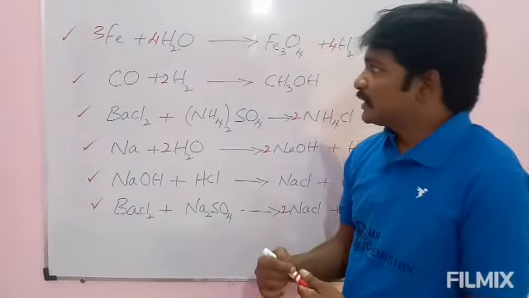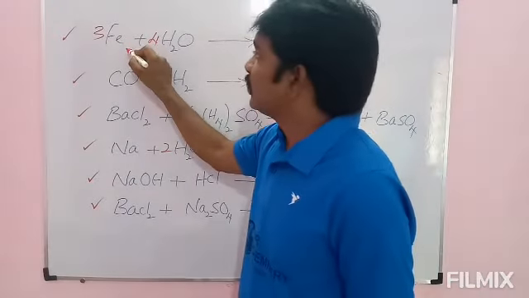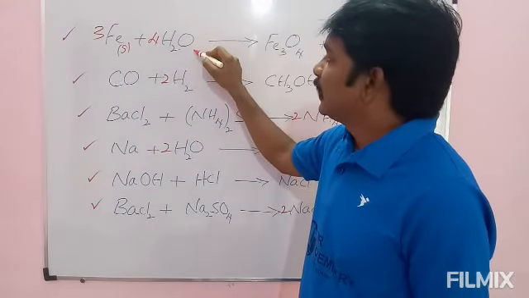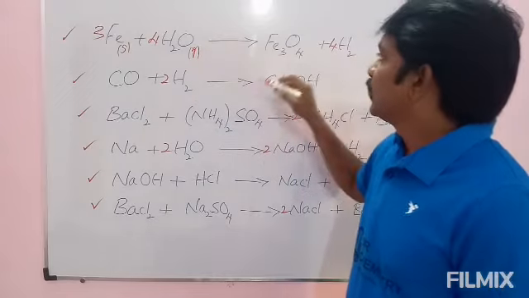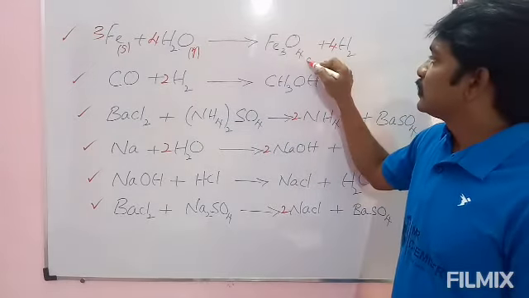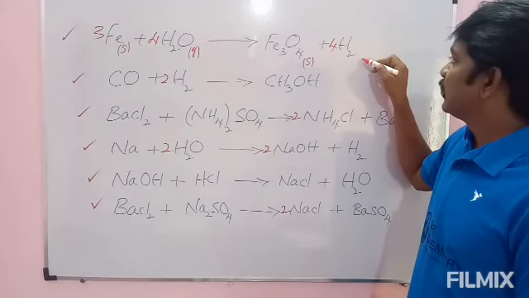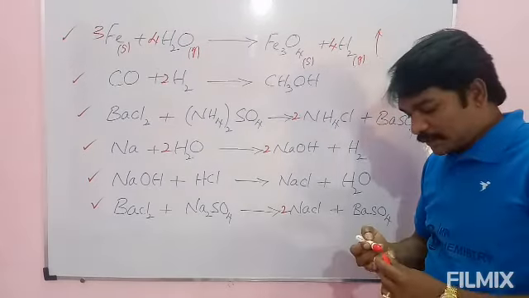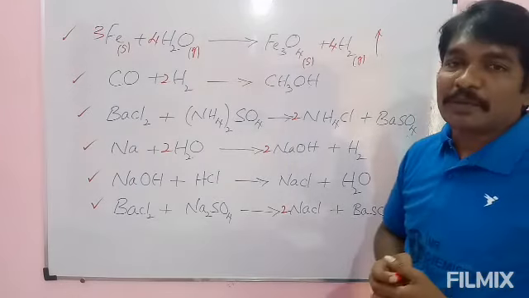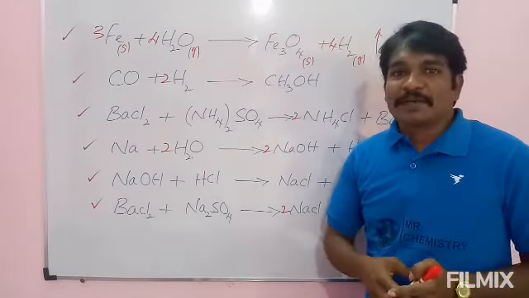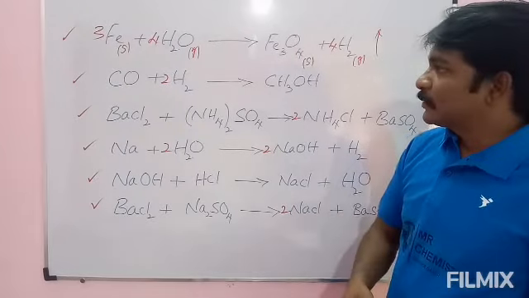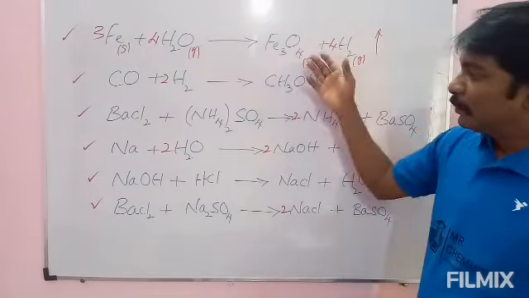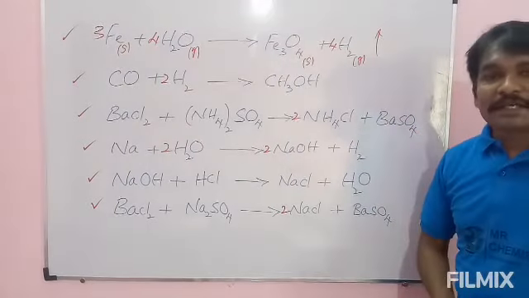And physical states, once again I am giving: iron is a solid, steam here is in gaseous form, and see here it is a solid, and here it is a gas, and gas is shown with an upward arrow mark. Like this we already practiced, and you also practice. If you have any doubt, we will discuss in the next class, and we will continue the discussion in the next class. And please note down these things and practice all of them.